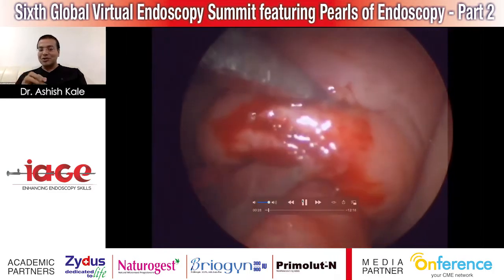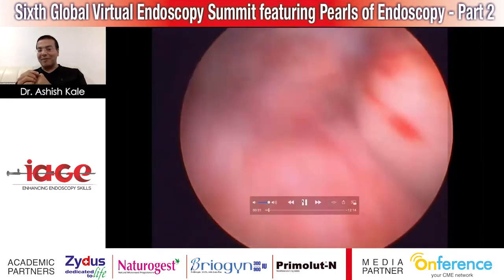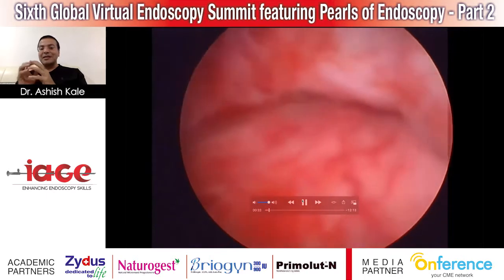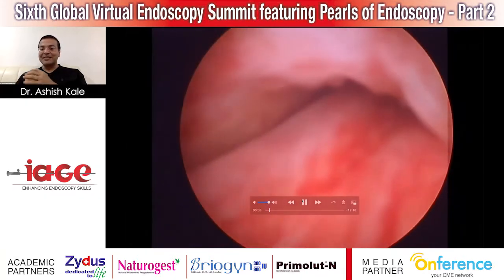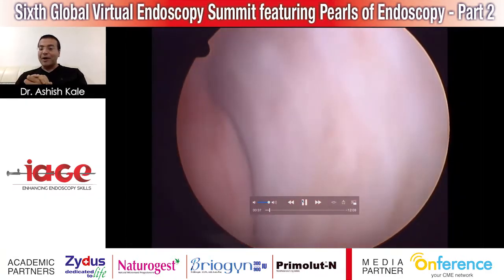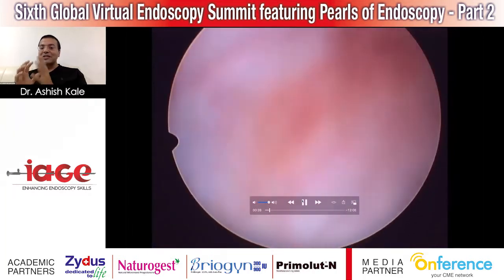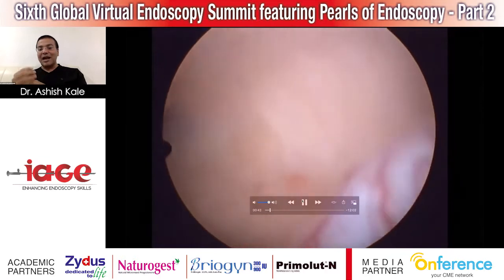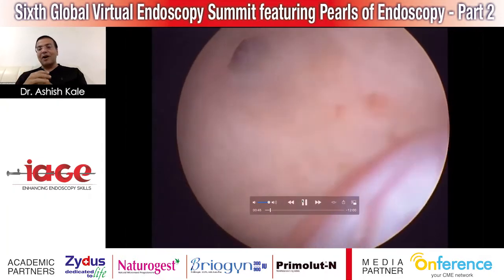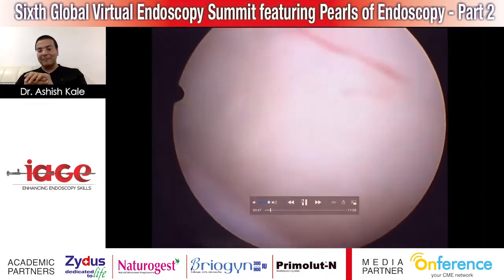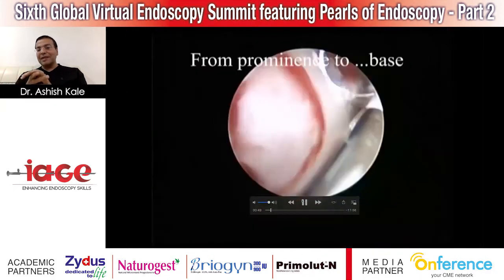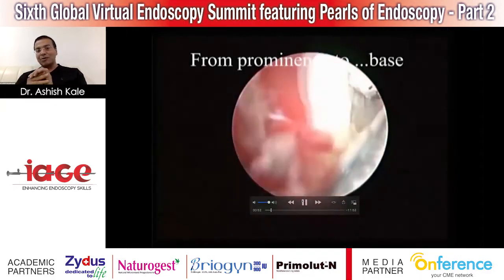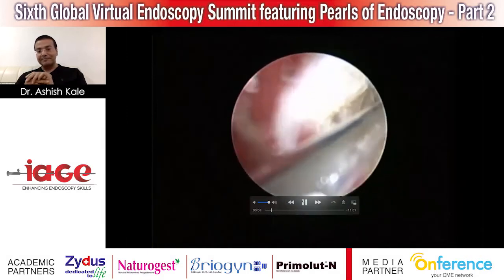So office hysteroscopy is not just to tackle the myomas, because all of us know the submucous myoma has its impact as far as fertility is considered. If it is a bigger myoma, it will distort the cavity. And when you are trying a hysteroscopic resection of the myoma, it will cause more damage, and you must know what to do in a different way.